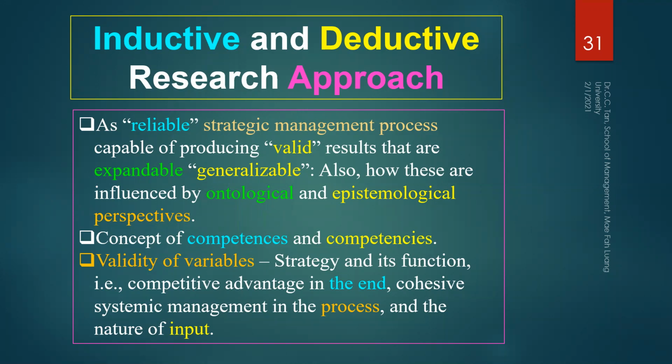And so we really have to have a good, clear understanding of every single thing, such as strategy and its functions. Okay, strategy and its functions: if you look into the strategic management perspective or competitive strategy perspectives, you will understand that from the operations management perspective, we will have a simple process flow, which is input, process, output.